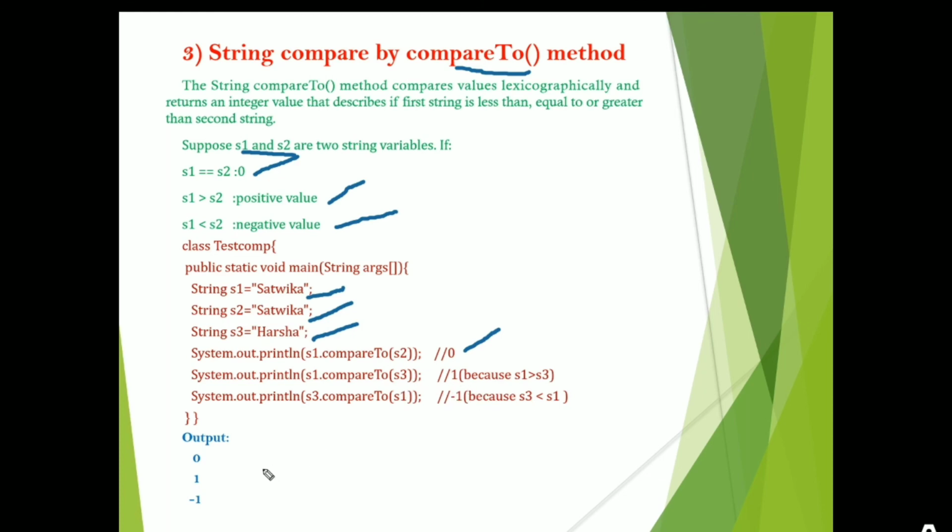And s3 compared to s1, H is smaller compared to S, so it is less than, and it returns the negative value, -1. Like this, it returns 0 for equal, and different values for less than and greater than.